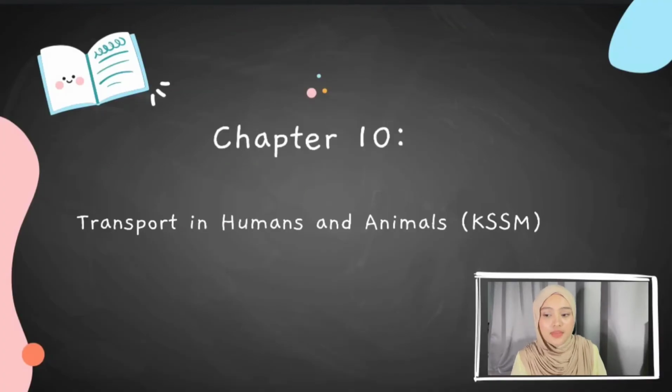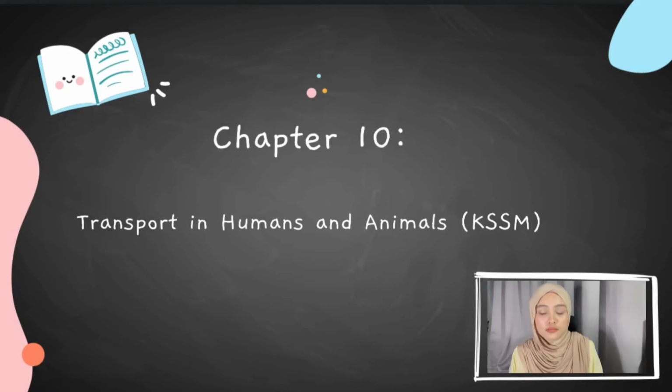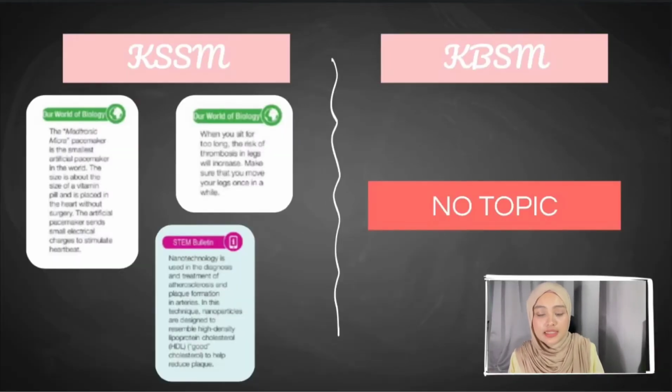Next is chapter 10. The main topic is transport in humans and animal in KSSM textbook, but this topic does not exist in KBSM textbook. Next, I will explain the difference of key concept for chapter 10 in KSSM textbook and